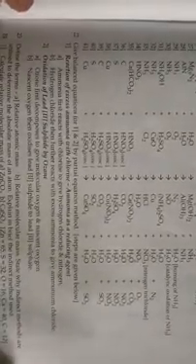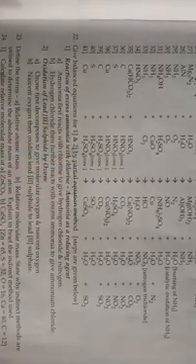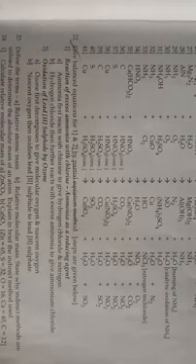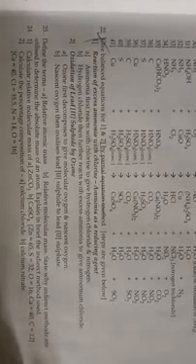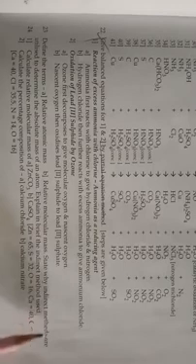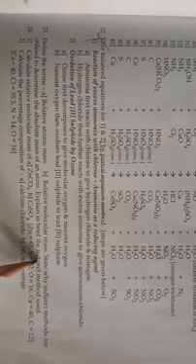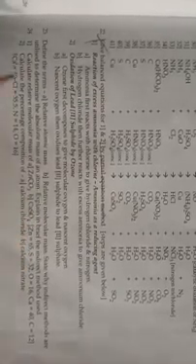Okay children, then come to question number 22. Give balanced equation by partial equation method, which is not in your syllabus. So this question you are not going to solve, this is not in your syllabus, partial equation method. Then question number 23, define the terms relative atomic mass, relative molecular mass, state why indirect methods are used to determine the absolute mass of an atom, explain in brief. For answering this question you can consult your book, this chapter only.